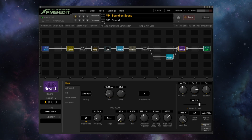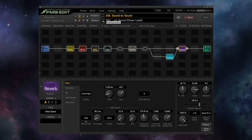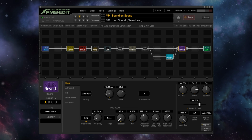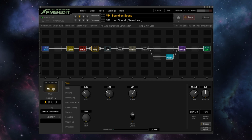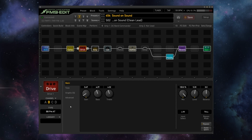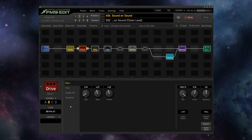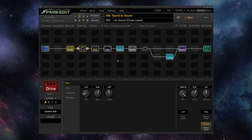So I play a chord, and I switch up to that scene, and the reverb is holding indefinitely. Now this scene 2 here, I've got the Band Commander, but I'm boosting it a little bit with a BB Pre AT, so. Go back down to scene 1,